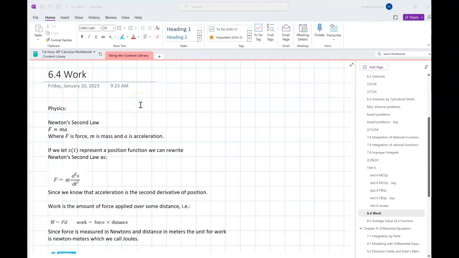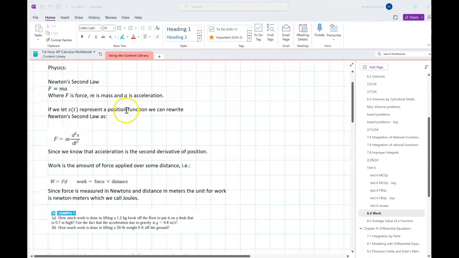Doing some work story problems. And then we're going to talk about the average value of a function. And both of these are relatively straightforward. There's not a whole lot of new theoretical conceptual stuff, just a little bit of application here. So